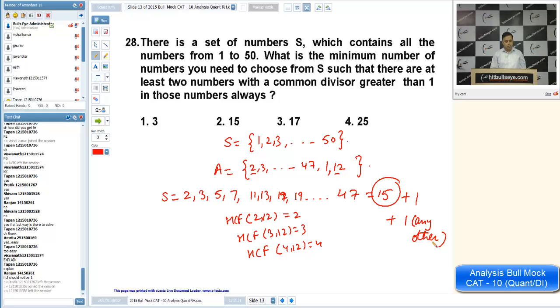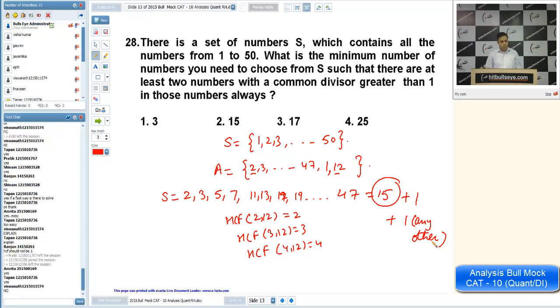Have you understood or not? Vishnath, Tapan, okay Vishnath,